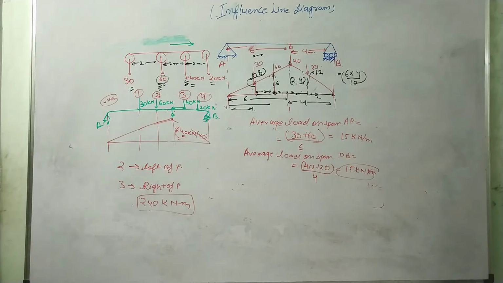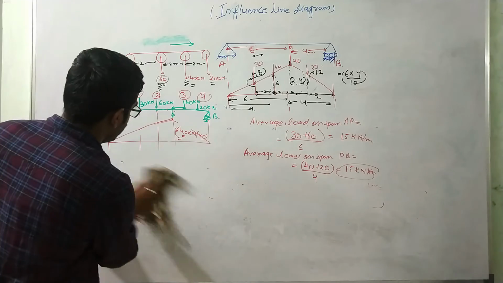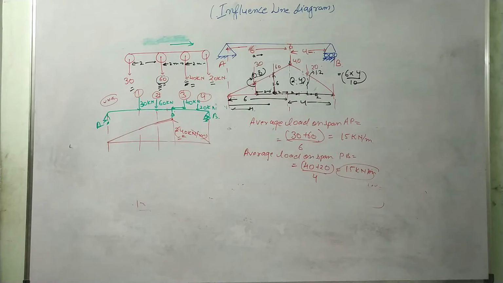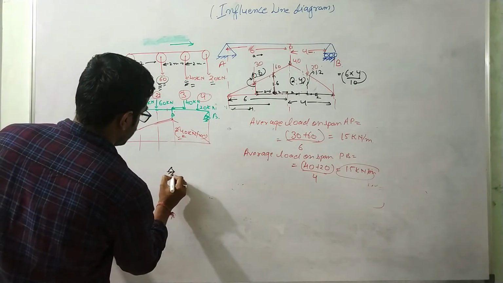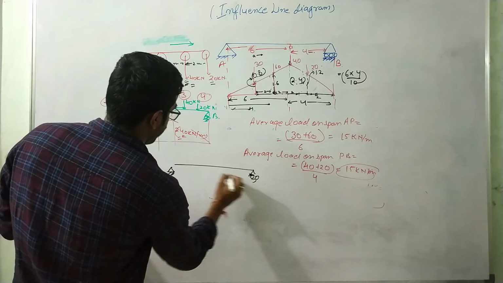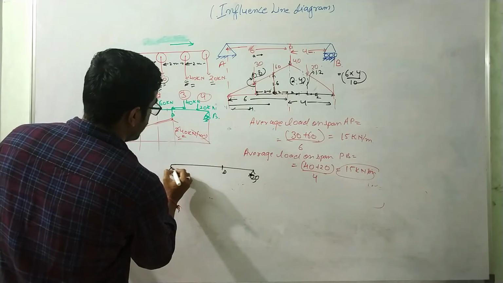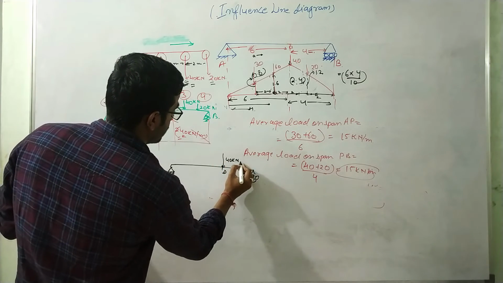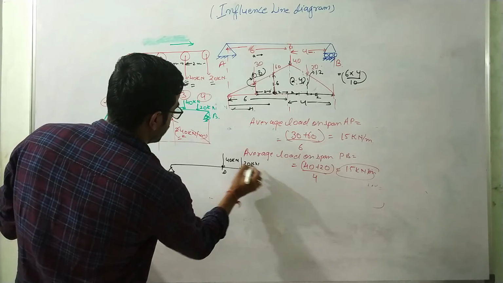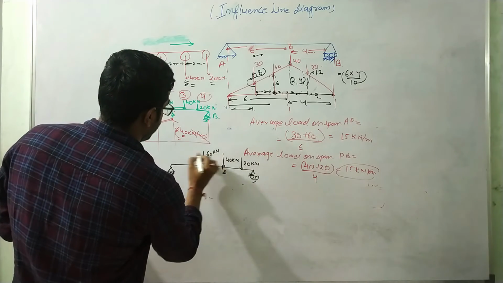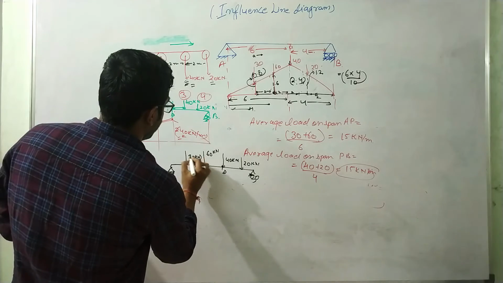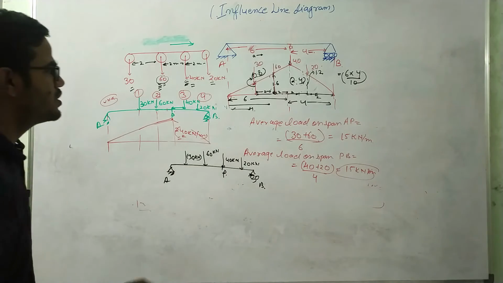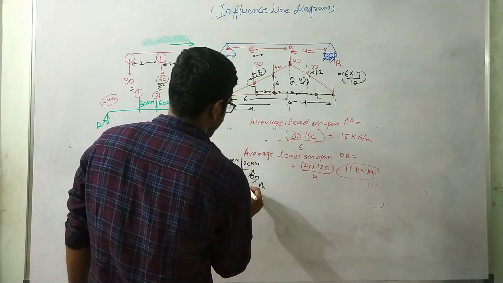We'll see now. This is the condition over here. This is our point P. So this was our initial load condition. This is 40 kilonewton, here it is 20 kilonewton, here it is 60, and here it is 30. And this is A, B. Now this condition should hold for this case also.